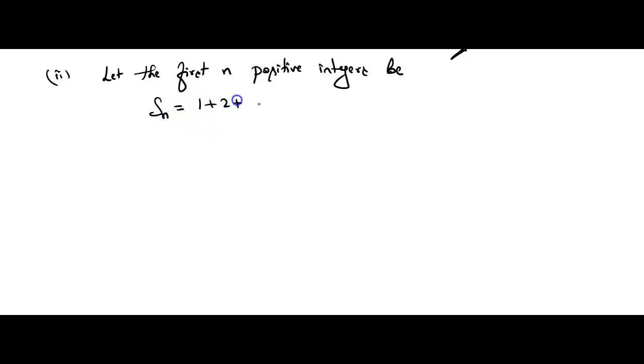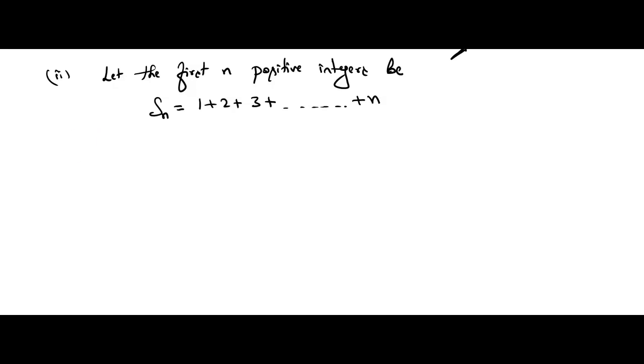1 plus 2 plus 3 plus, but how many integers are we adding? We don't know. So n number of integers we are adding. Let us assume the last term as n. In that case he has given 1000, so the last term was 1000, meaning 1000 integers. Here we are adding till the last term is 1000, but here n integers, we don't know till where.